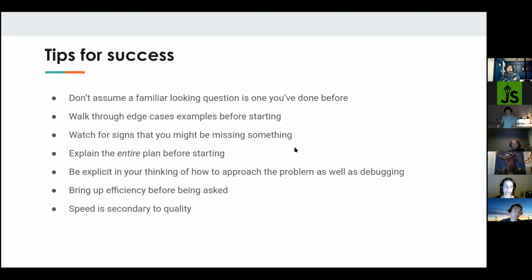Bring up efficiency without being asked. That's always kind of what sets the top candidates apart from the average candidates, is saying, okay, here's my plan. This is the efficiency. By using this data structure, I'm able to leverage this advantage of it. And then